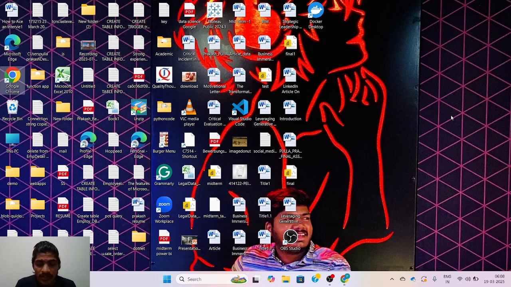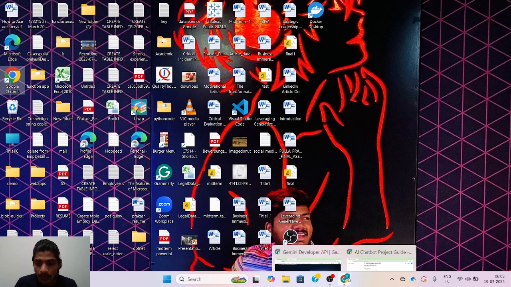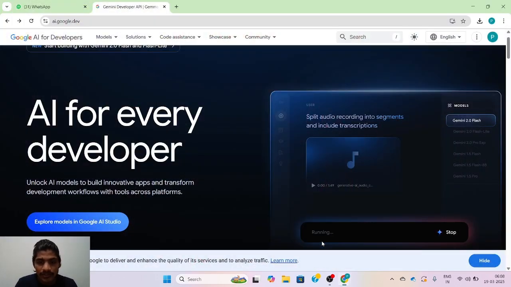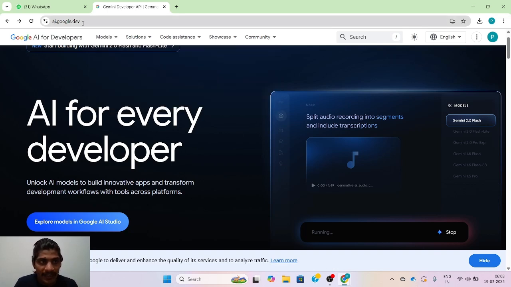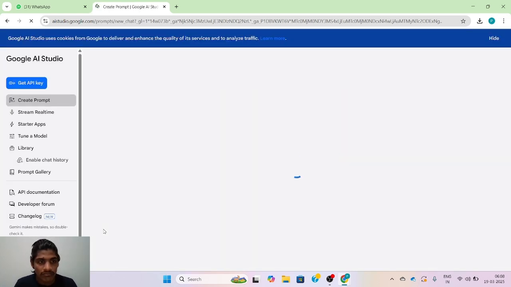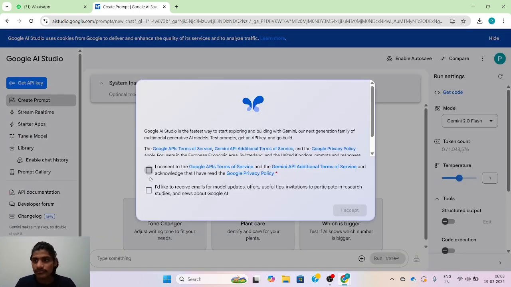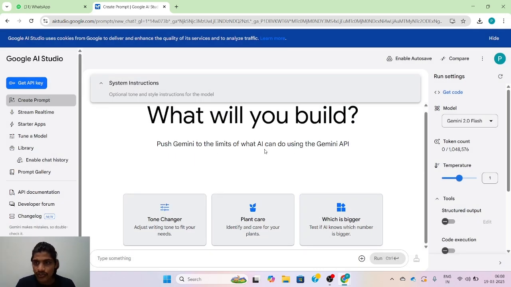Now we will see how to create an API key. For that, we will use Gemini. So let's go to this particular website, ai.google.dev, or you can just go to Google AI Studio. You can search for that. When you open this, you can use it for the API. It opens and you need to log in with your Gmail. I'm using another account to get the API key. So once you log in here,